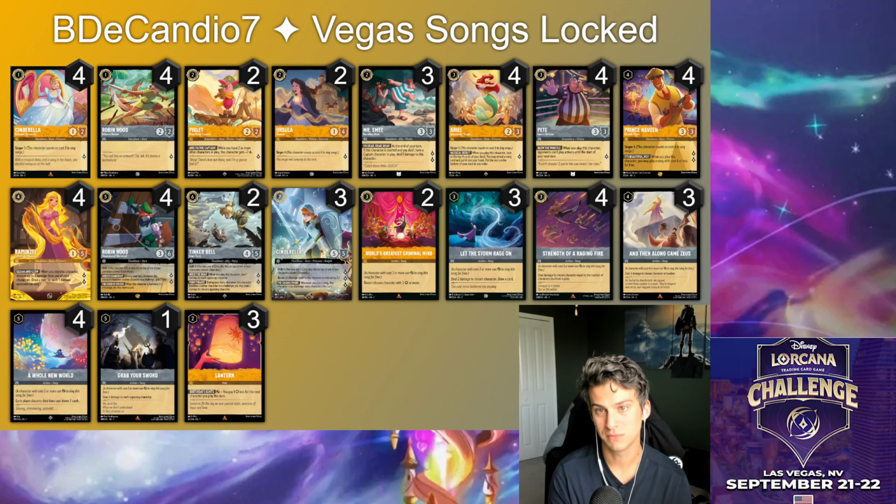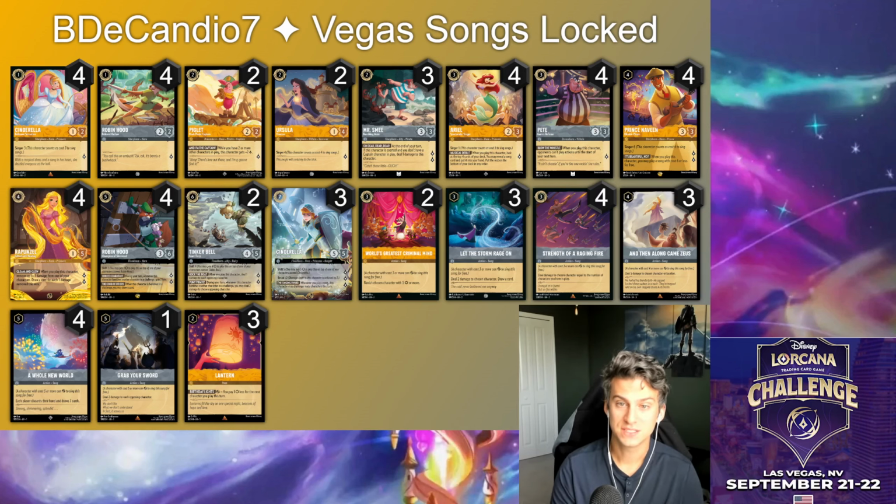Well, Ariel gives you a little bit of room to cheat on that, where being able to look at 4 more cards to a specific type of card like a song gives you a little bit more leniency to play less copies. So that's why I think that the package was 3 Tinkerbell and 2 Grab Your Swords instead of just 3 and 3. But needless to say, I don't think it'll make the cut going forward,